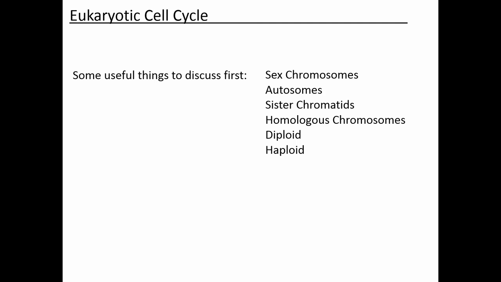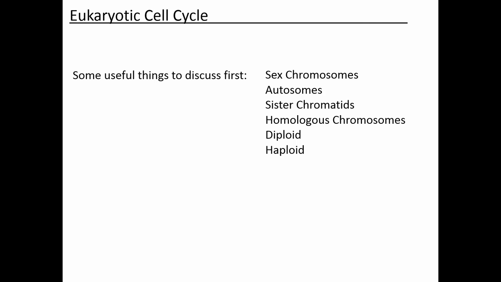Let's say before the cell enters the cell cycle, you have a single chromosome. One of the things that you're going to have to do during the cell cycle is replicate all the chromosomes. What happens in eukaryotic organisms is after this chromosome is replicated, the 2 replicates remain attached to each other. We call the 2 replicates that are attached to each other sister chromatids. So sister chromatids are the 2 copies of a duplicated chromosome.